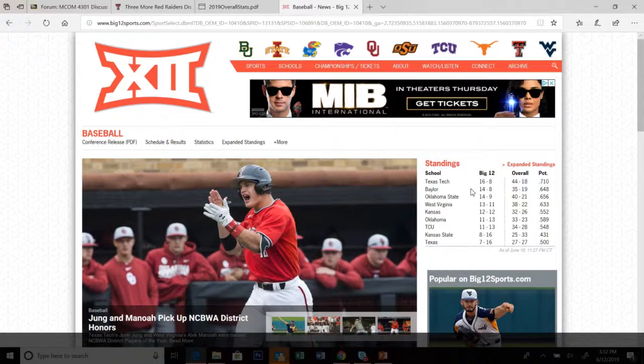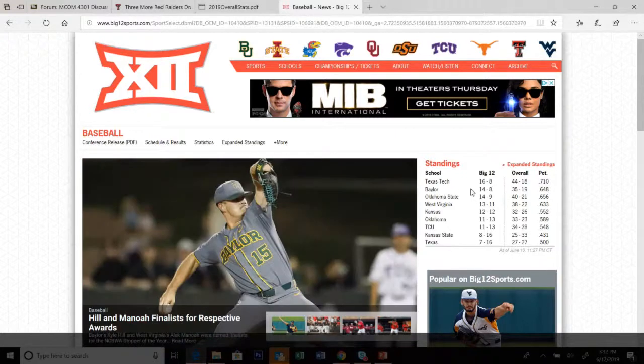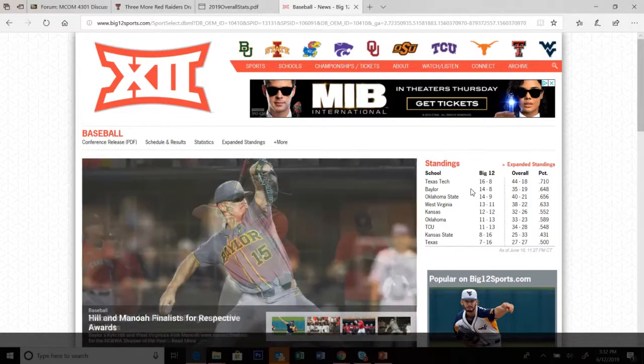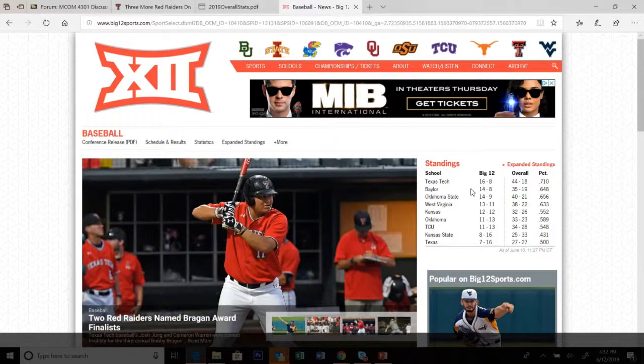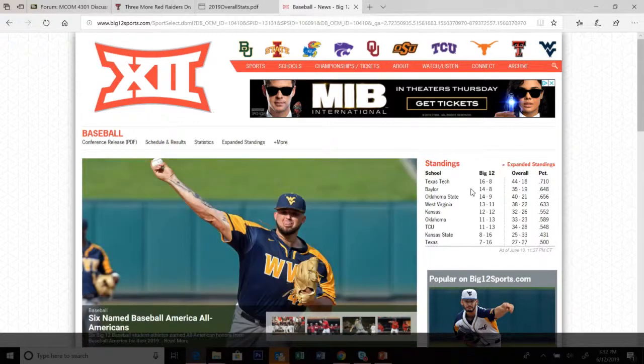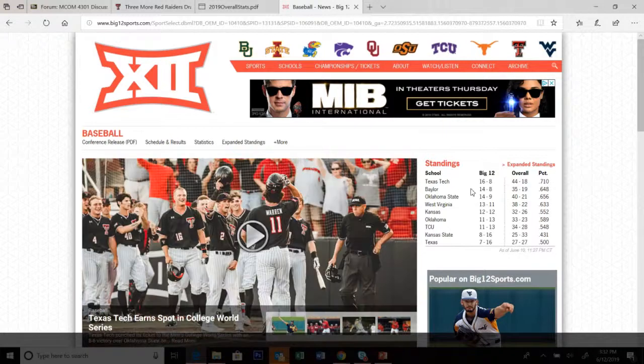The other things I would throw in, this has been a great athletic year for Texas Tech, and just by looking at their website, I would know Texas Tech won the national championship in track and field. Texas Tech won the Big 12 in basketball. Texas Tech played in the national championship game in basketball. So a story you would tell about Texas Tech is all of the relative success of Texas Tech.